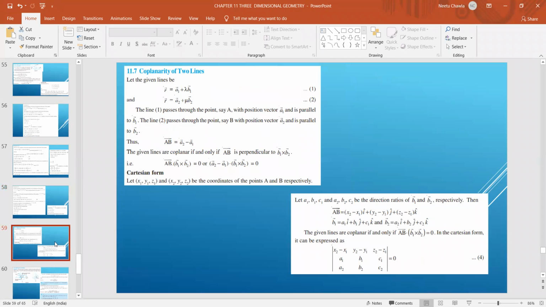Moving to the next topic, coplanarity of these two planes. Till question number 11 of your 11.3 exercise, these were the concepts. Now for coplanarity, let us see. The two planes are given by